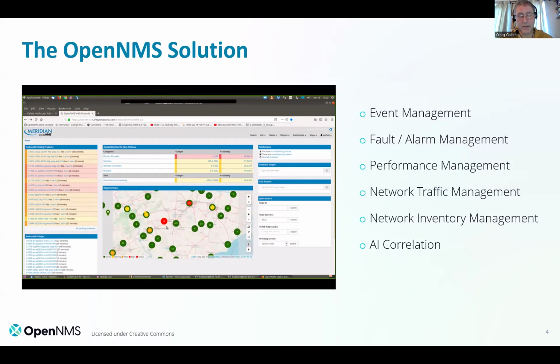We can do network inventory management. In that sense, we basically pick up information from the device as to what cards are fitted, what serial numbers are on the device, stuff like that. That will only work with SNMP devices that have the asset table enabled on the device. So it doesn't work for everything, but does allow us to get information from the network devices as to their